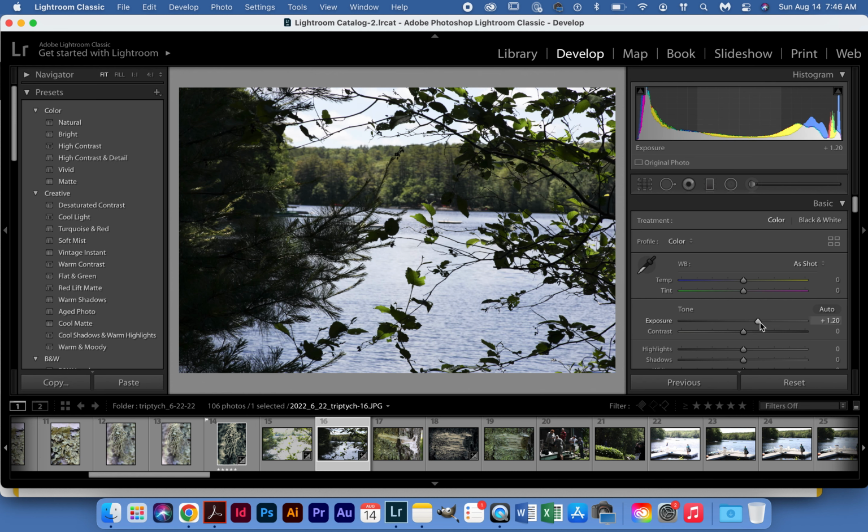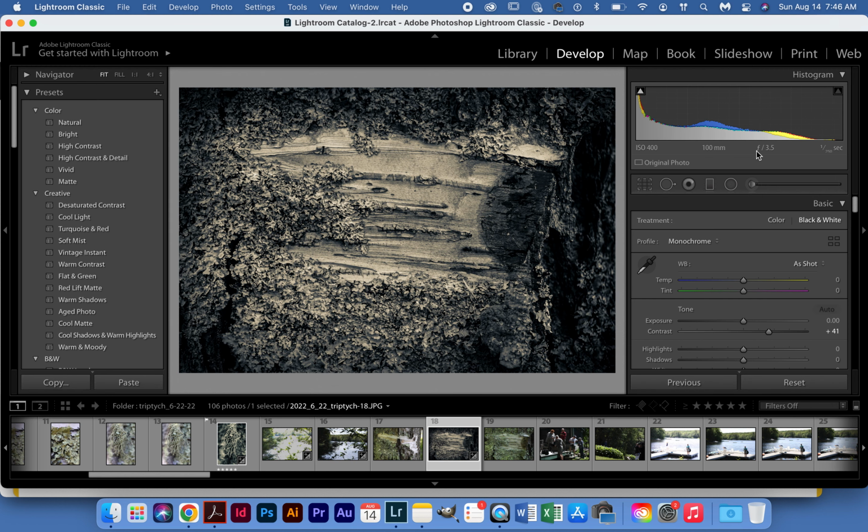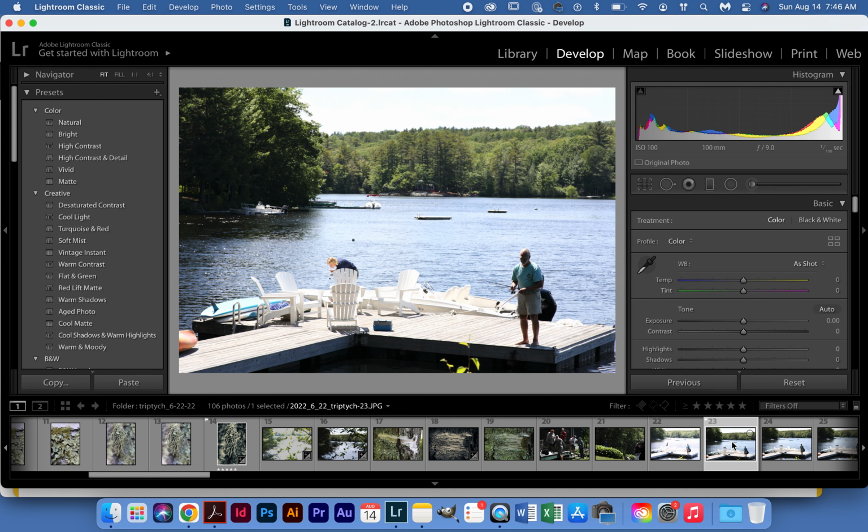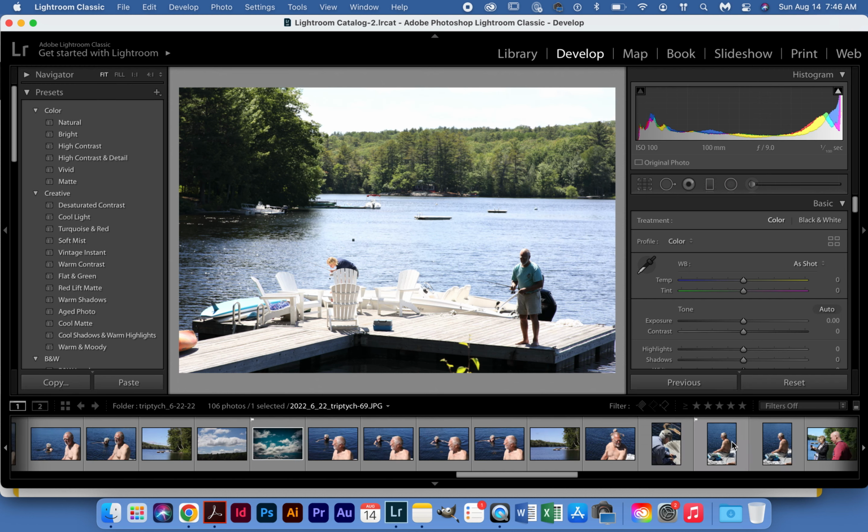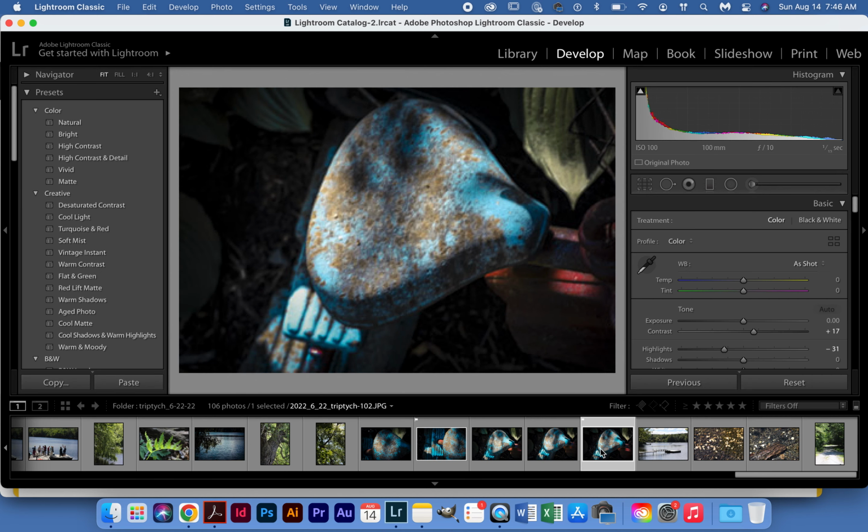And again, this image is just barely underexposed, so it's definitely within the range of having a good photograph as far as looking at exposure is concerned. So when you're processing your images, you want to make sure that you have detail in your highlights and detail in your shadows, and that you do have true whites and true blacks. And it doesn't matter whether you have a bright and light looking image or a dark and moody image, you still need to have that